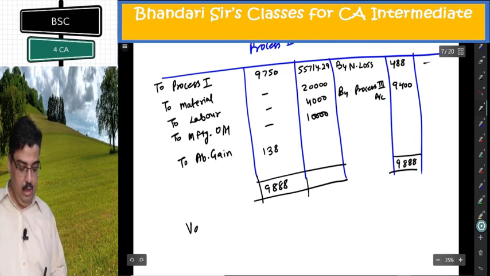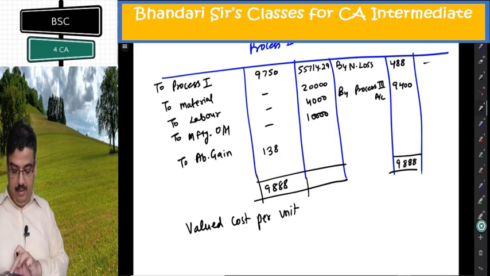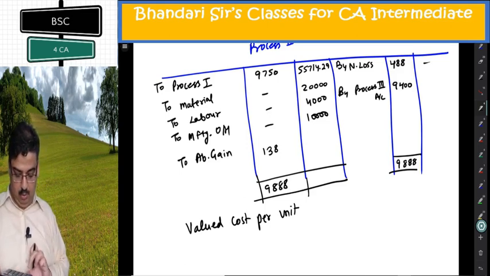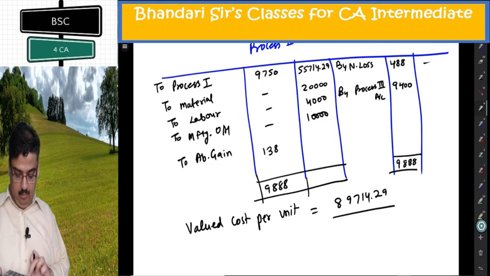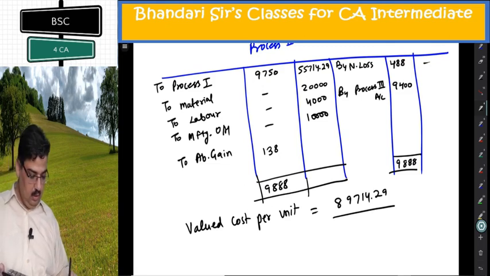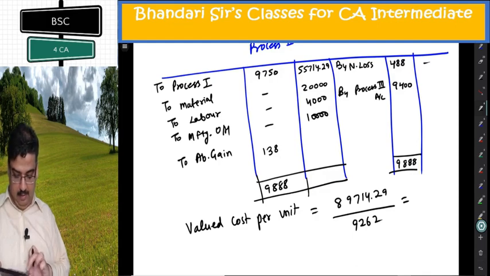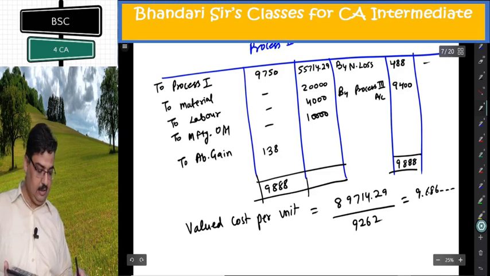So what do I get? Valued cost per unit. From debit side 55714.29 plus 34,000 more, 89,714.29, divided by 9750 minus 488, 9262 units. 89,714.29 divided by this, I am getting 9.686...